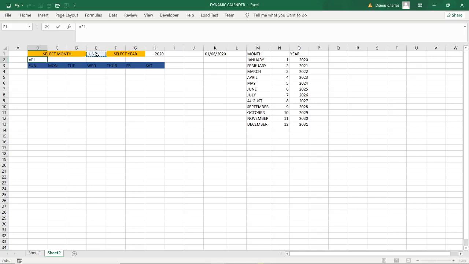We have to have the ampersand, that's not the dollar sign, but we need the ampersand. So the month, and now I need a space, you double quote space.